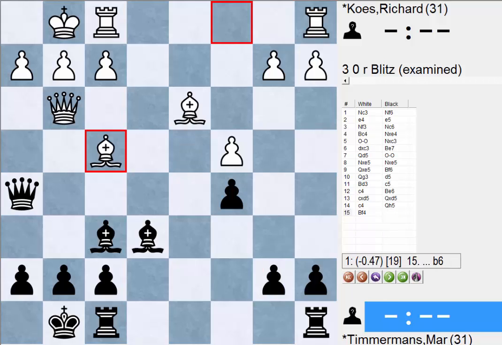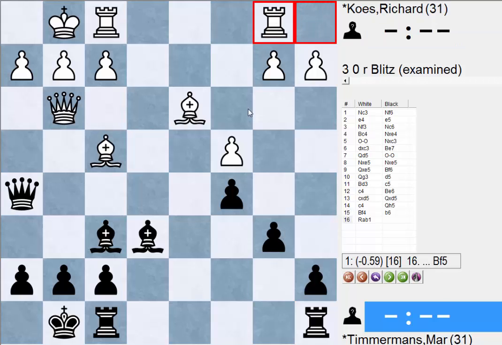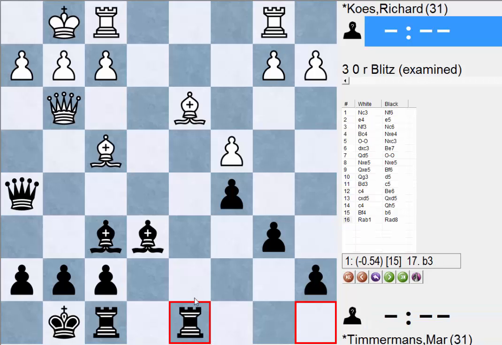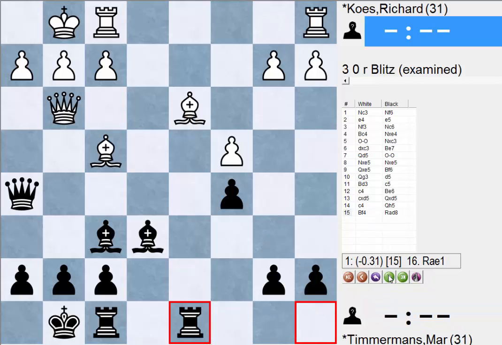So another move might be to go b6 here, but then I thought rook b1. And what am I going to achieve here? Probably just rook d8 or something. Somewhat threatened to take there, although that ending isn't really that good. But I thought, let's turn it around